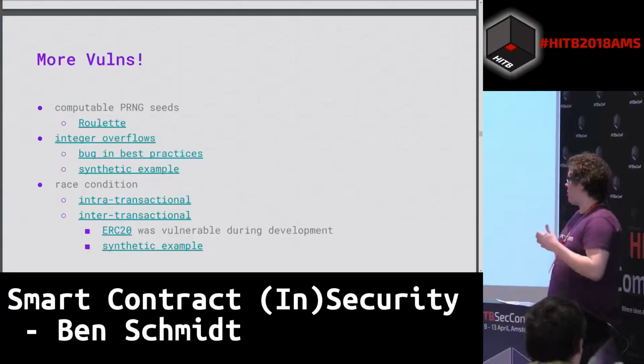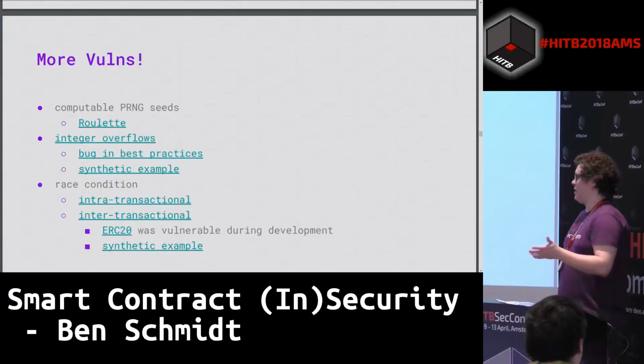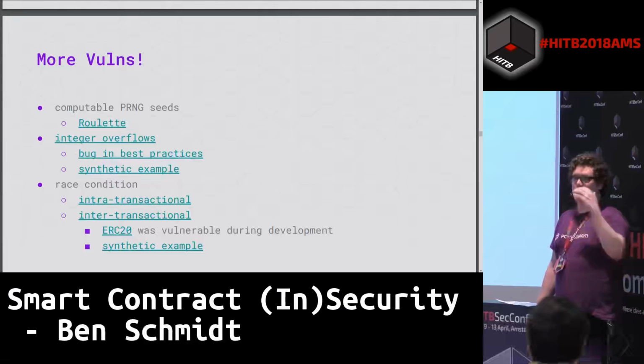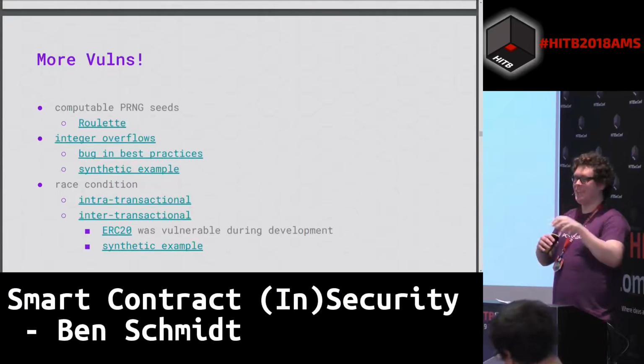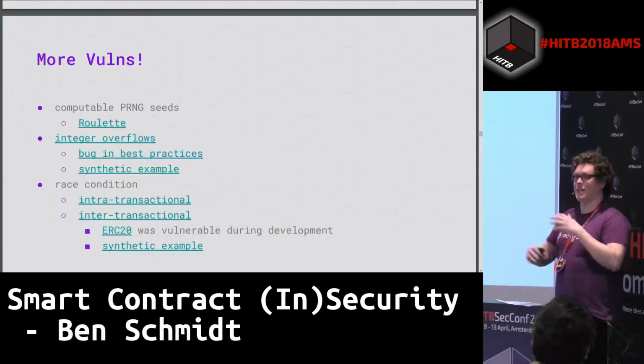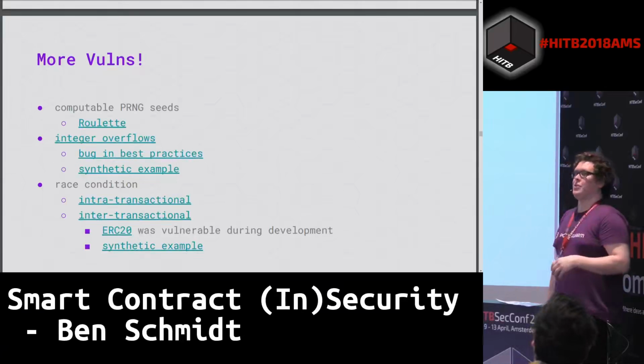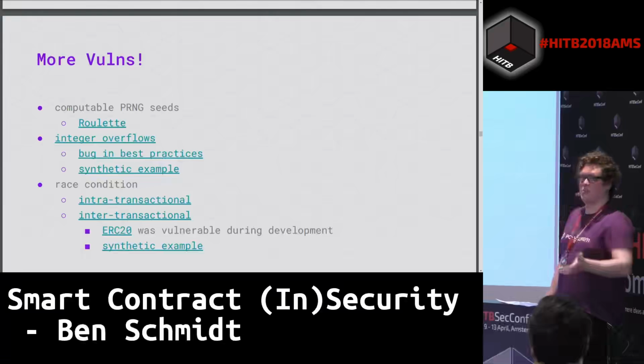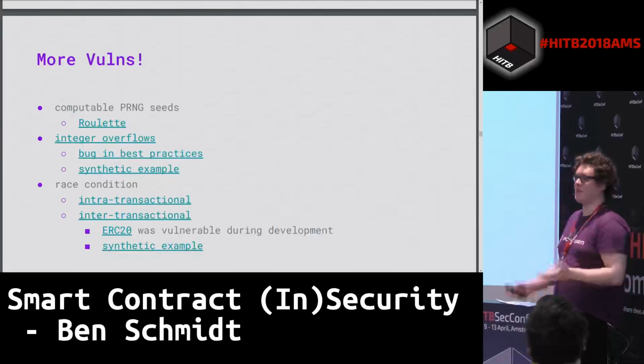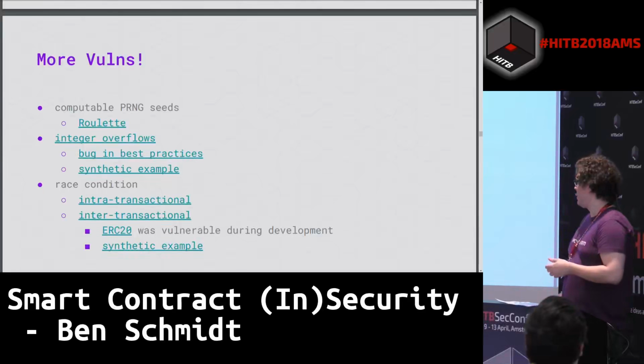Race conditions are also a problem, and those can be kind of hard to see as well, because some of these bugs depend on when various transactions actually hit the chain. So if you can race things, put a much higher transaction fee on top of your transaction, and beat someone else, that can be a problem.